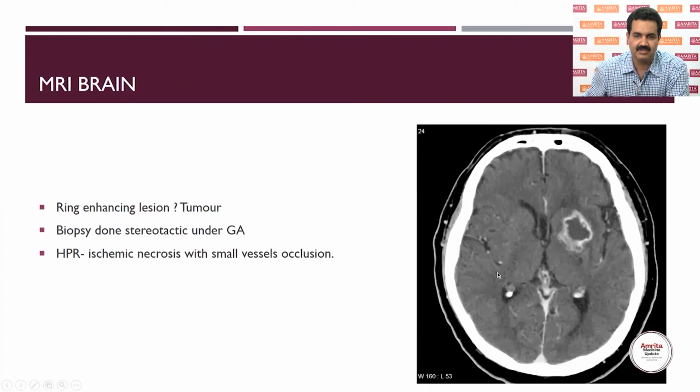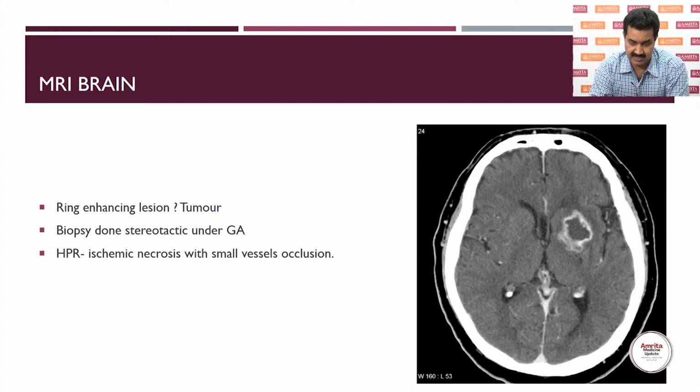So this is a very common scenario, because patients will come with various neurological issues, and we will take a CT scan at random, and because we suspect something organic in the brain, we see a lesion like this. So how to go ahead with this type of lesion? Since the patient is improving, is it important to confirm, or shall we take another imaging, or should the patient be referred for further intervention?